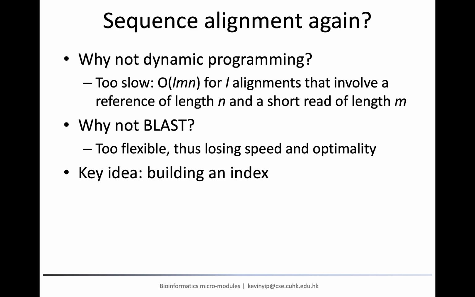The key approach to achieving efficient short read alignment is building an index of the reference. The term index means a data structure that facilitates efficient data lookup. For example, in a book, the index is usually in the form of a list of keywords and the corresponding page numbers of the pages on which the keywords are mentioned. Here, we want to have an index such that given a short read, the locations of it in the reference can be efficiently retrieved.